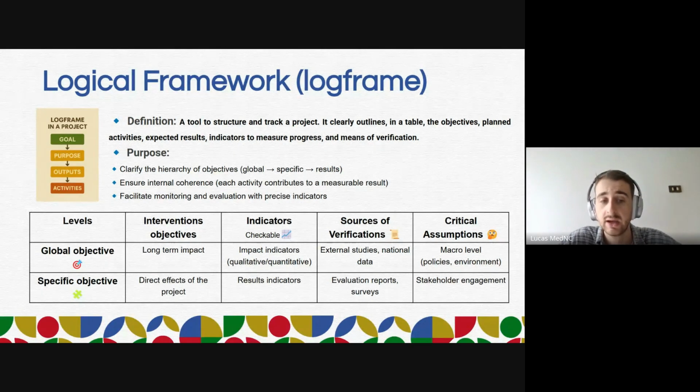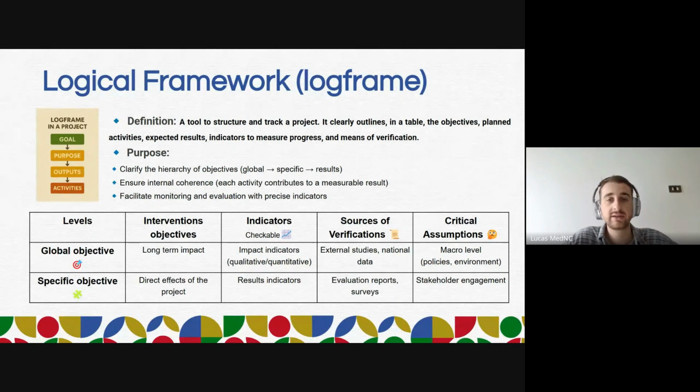For the specific objective, we'll talk more about results indicators. And these are kind of easy to measure, because we can have evaluation reports and surveys, and we can ask our stakeholders to give more information about it, okay?